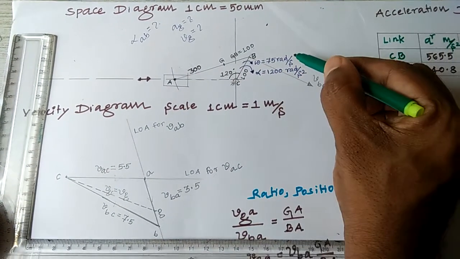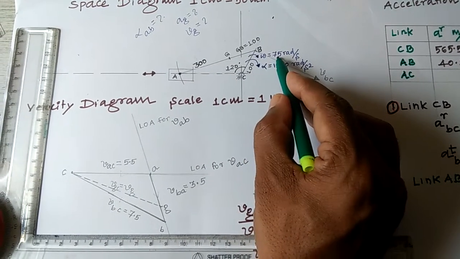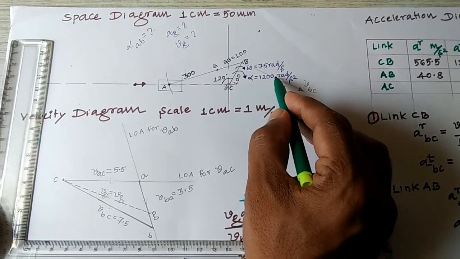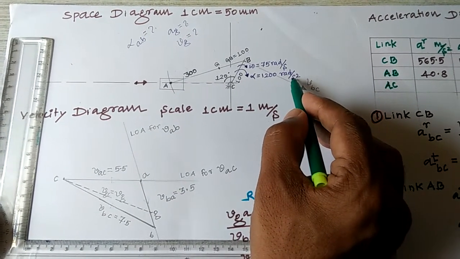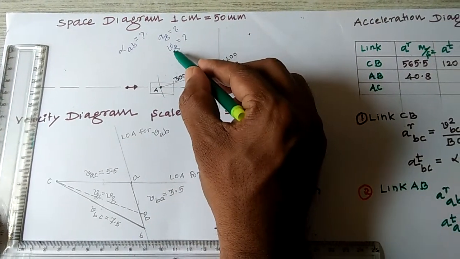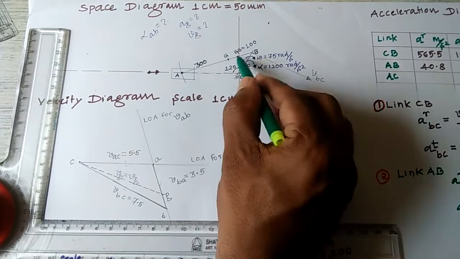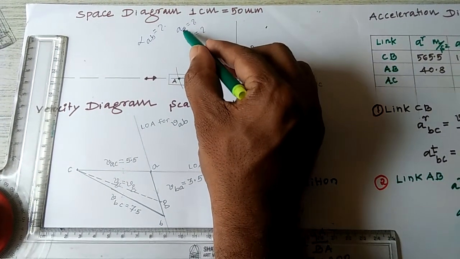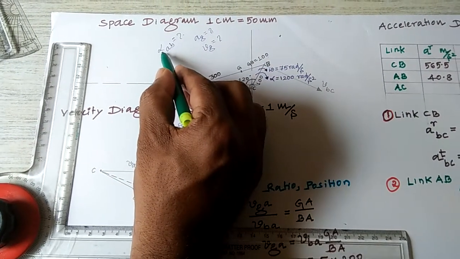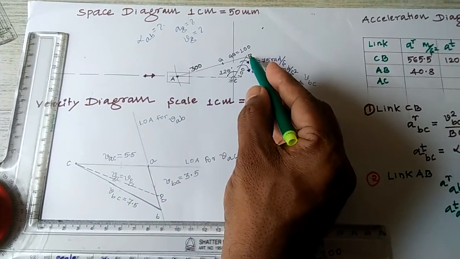Then at the same time, they have given the angular velocity omega, that is 75 radian per second. This is the angular acceleration they are given as 1200 radian per second square. This is also given. Then what things you have to find? You have to find the velocity of the G, that is at this point, the intermediate point, it is on the AB. At the same time, acceleration of the G, this point only. Then you have to find the angular acceleration of the link AB.